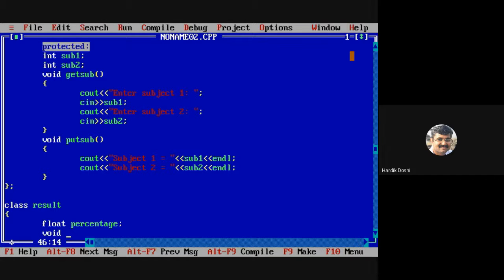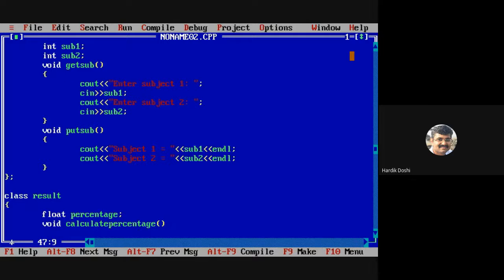Void. Calculate. Or I say void. Okay, let's keep it calculate percentage.